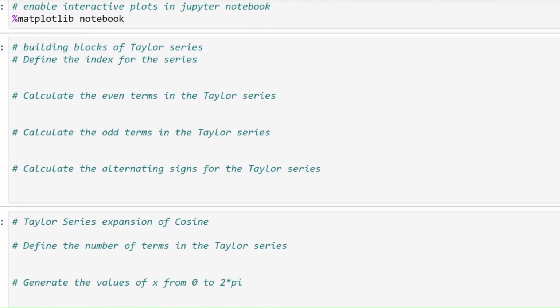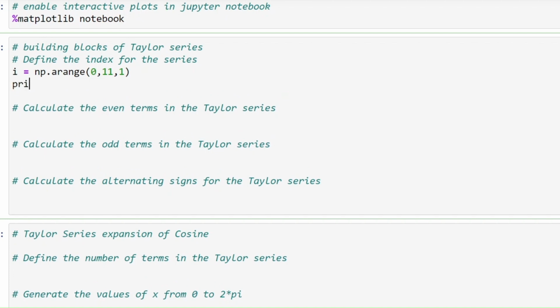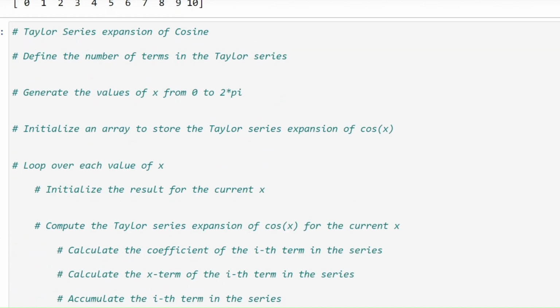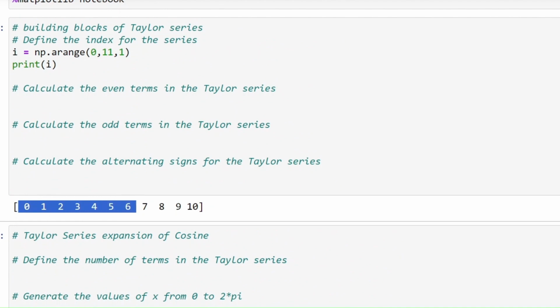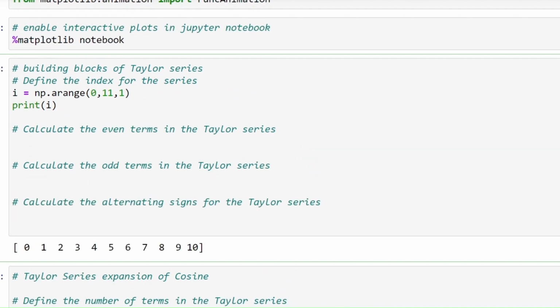Before we build the Taylor series expansion, let's build the building blocks of Taylor series and take advantage of all the properties that we saw in the PowerPoint slides. So firstly, let's create an index for the series. Let's say an index I, which is going from 0 to, let's say, 10 in steps of 1. So how does this look? So here we are. So this is just the index of the series,